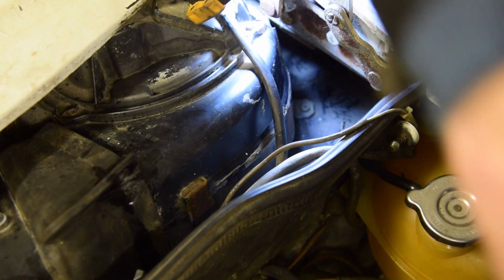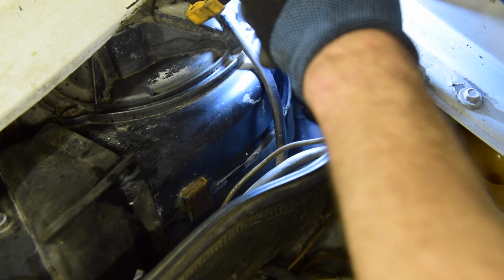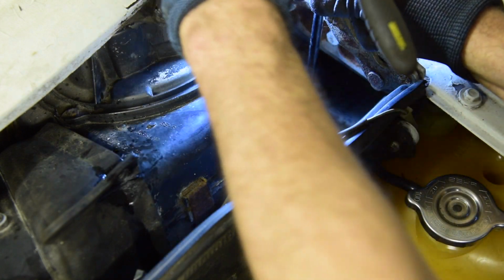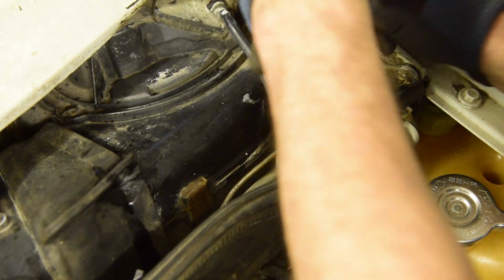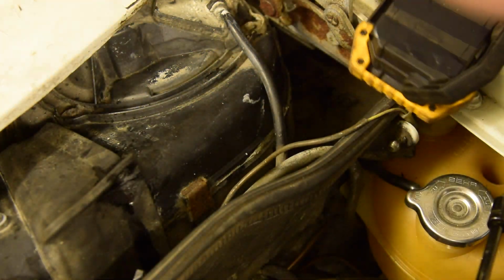Right, I'm going to use the socket set just to get down there. It's a bit easier. Alright. This might be a little bit big. Or it's been rounded off by...